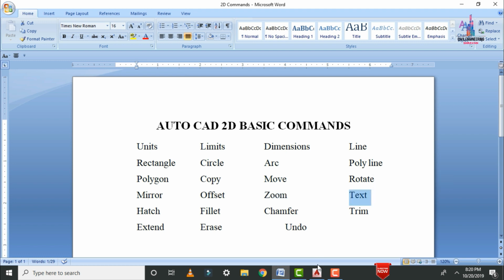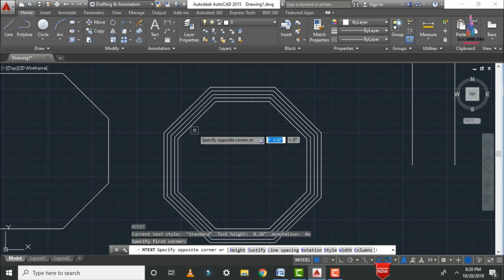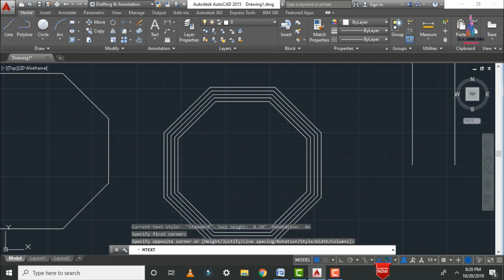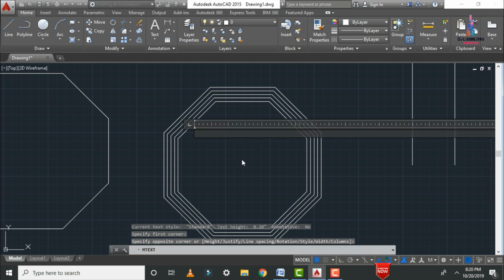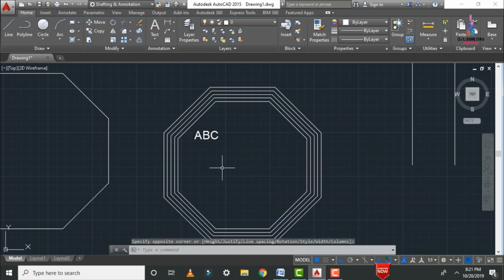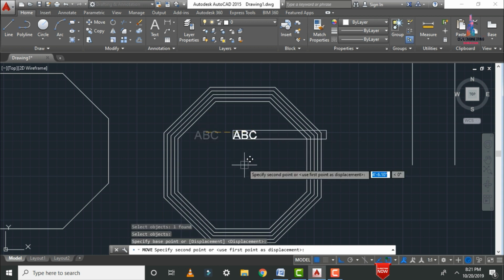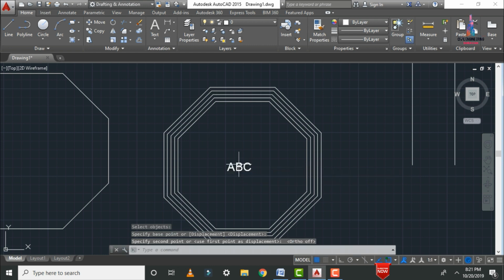The next command is the text command. This is also one of the most important steps. Let us consider some box, and I want to give it the name A. For that we have to click on the text command, T, Enter. Select the starting point, then click on the second point here like this. Select the text, let us consider ABC. Click on the Control A option. You can select the size of the text as per your considerations. Let us take it as 1 feet 0 inches. Click Enter, and click on this point. Now we can see ABC is drawn inside this rectangular section. With this procedure you can draw any number of texts as per the considerations of the rooms and the blocks. So this is the process.